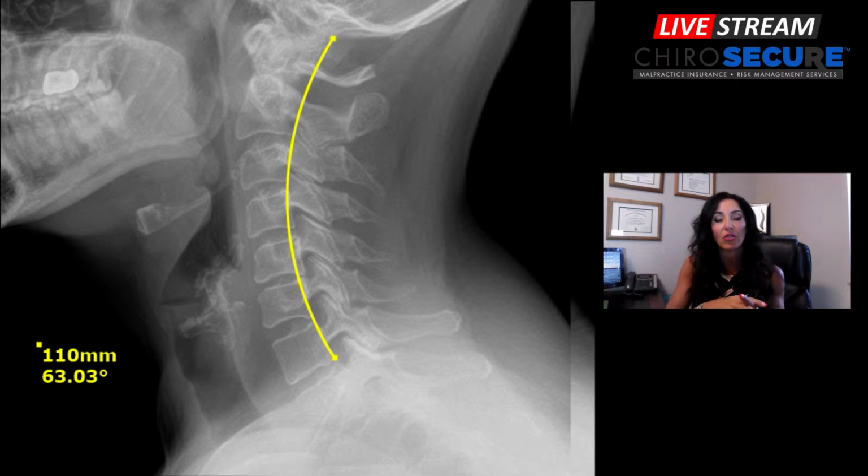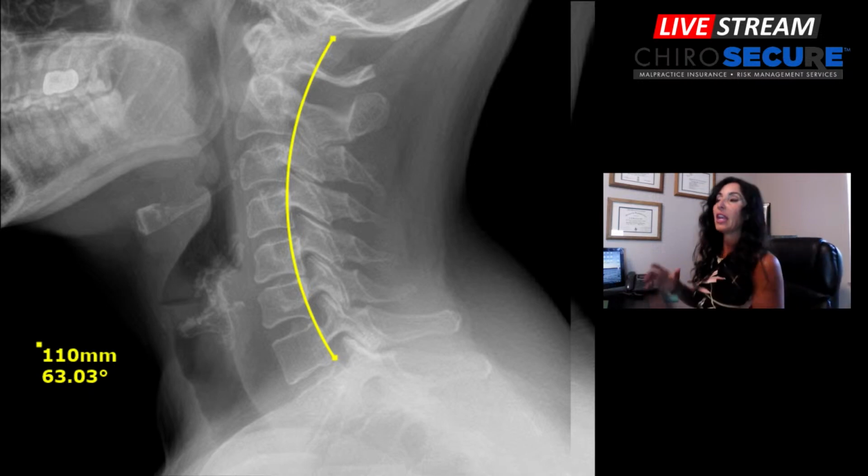So when we show these x-rays to our patients, it's important for them to understand this is a compression fracture, and this is the result of a forceful motion, usually caused by the head slamming forward. So we're going to shrink this down and talk a little bit about the mechanism of injury, so that you can understand as somebody is riding along in a car, if they get hit from behind and their head slams forward, that forward motion is going to cause a lot of impact forward.